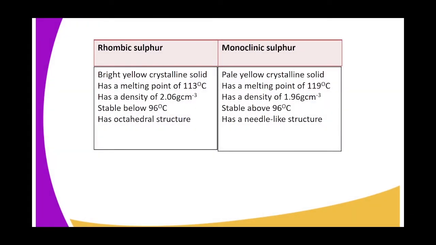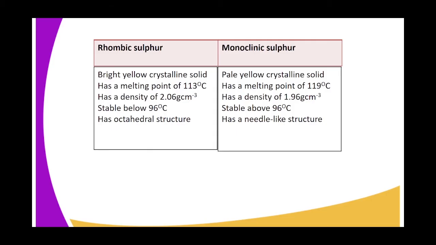What are the differences between rhombic sulfur and monoclinic sulfur? Rhombic sulfur is a bright yellow crystalline solid. Monoclinic sulfur is a pale yellow crystalline solid. Rhombic sulfur has a melting point of 113 degrees Celsius, while monoclinic sulfur has a melting point of 119 degrees Celsius. Rhombic sulfur has a density of 2.06 grams per cubic centimeter, while monoclinic sulfur has a density of 1.96